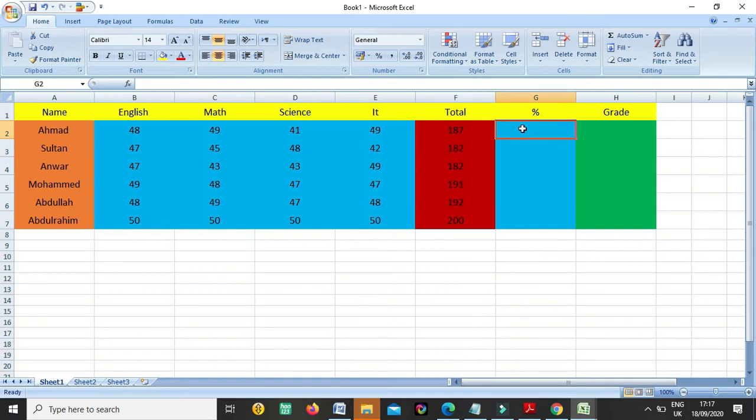For the percentage, as you know, we need the total marks. You can see there is 48, 49, 41, 50, and I am giving them the marks out of 50. From 50 he got 48 in English, from 50 he got 49 in math, 41 in science, and from 50 he got 49 out of 50.